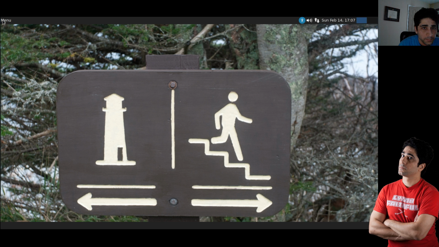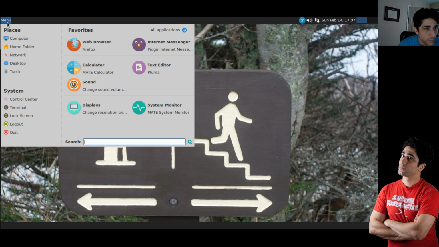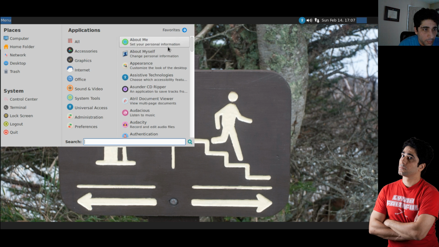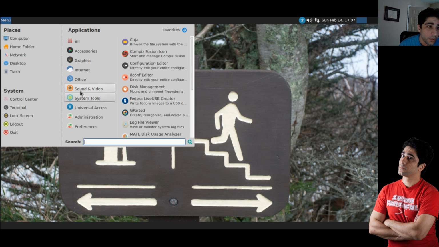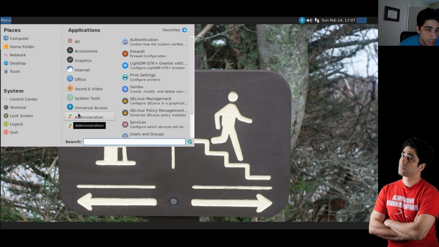So let's take a look at the menu here. So it's slightly different than it was under GNOME 2, where it was 3 menus, but it still has the same setup, only modernized, which is kind of the theme of Mate. It's GNOME 2 but modernized. So Places is here, System is here, and then here are your applications, which again have the same categorizations that you did under GNOME 2, which, as I mentioned last time,